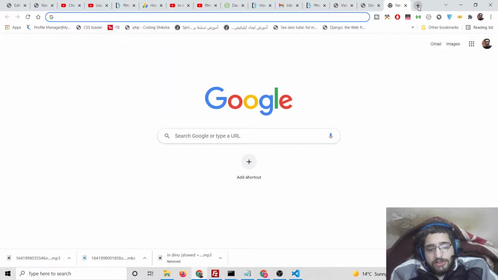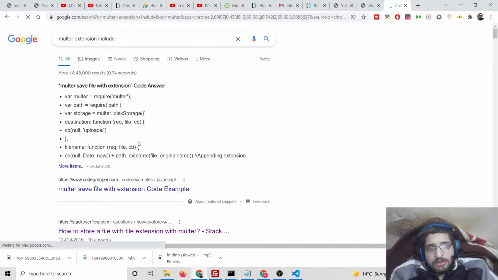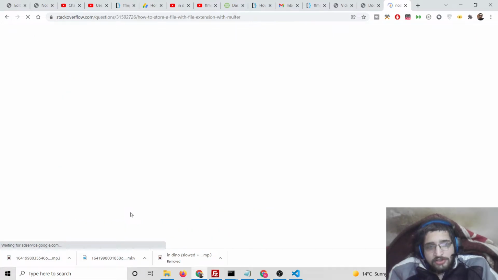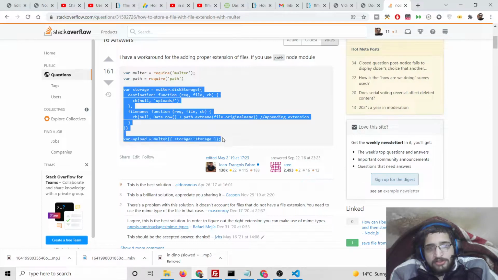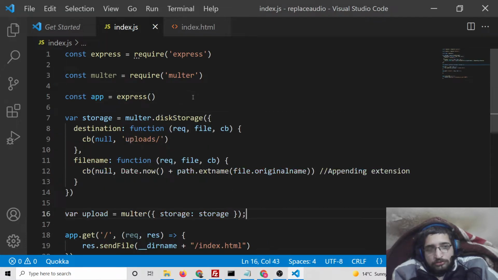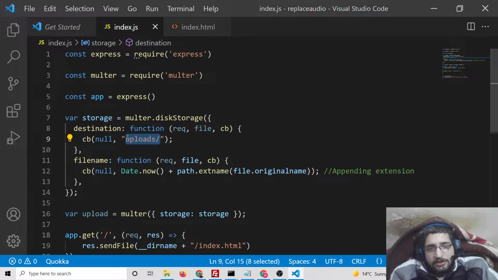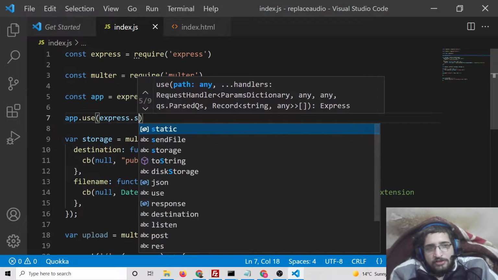So if you see here, Multer extension, how to store a file, simply you will see this example code. Simply paste it. So here we are storing it inside our public slash uploads folder. We also need to make this directory as static. So we need to have